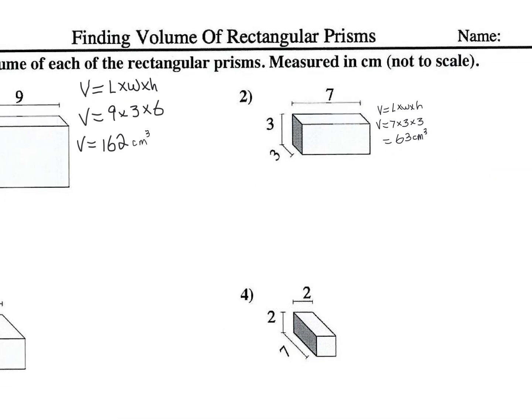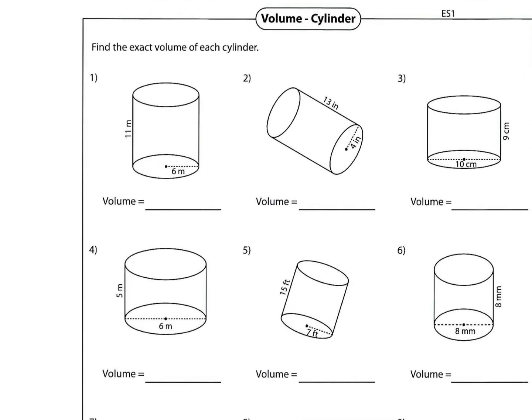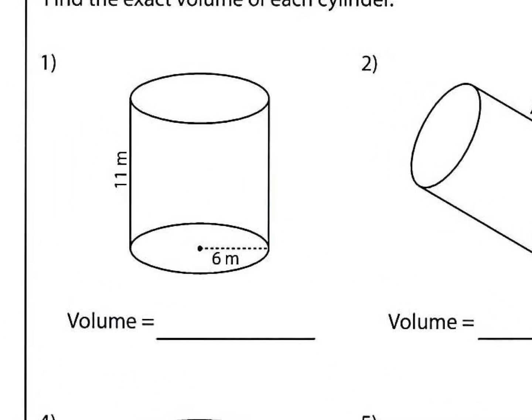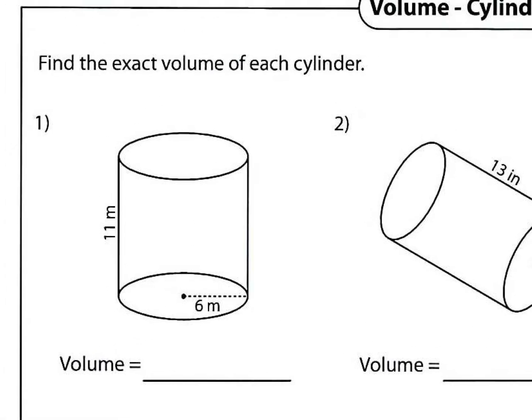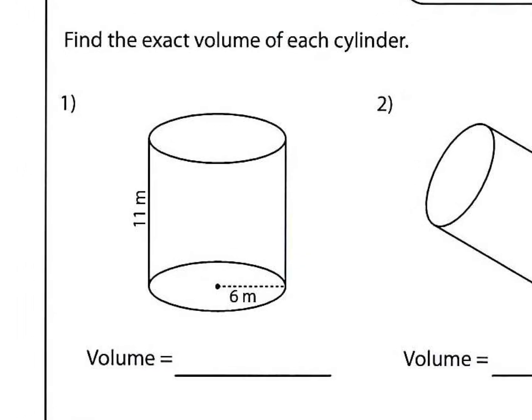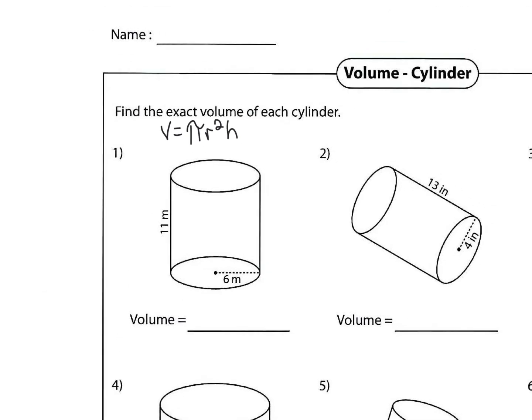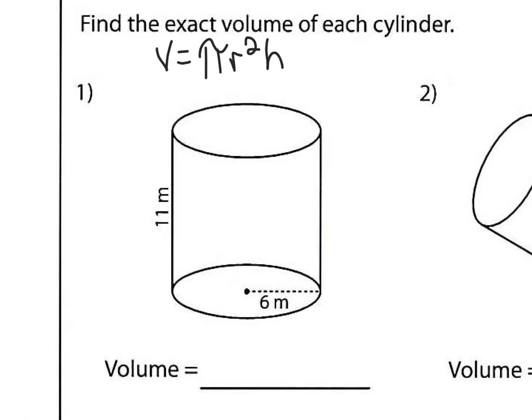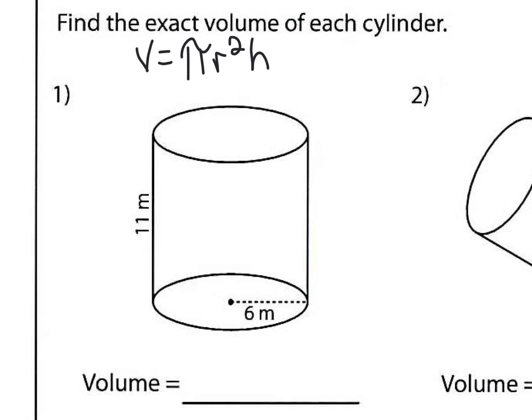So, second page, we're looking at cylinders. A little more involved than the rectangular prisms, but the volume is pretty simple. Volume is equal to pi times the radius squared times the height. We're simply multiplying these things. Okay, now I'm fine with you using 3.14 to approximate pi. If you did that, in this particular case, it would be 3.14